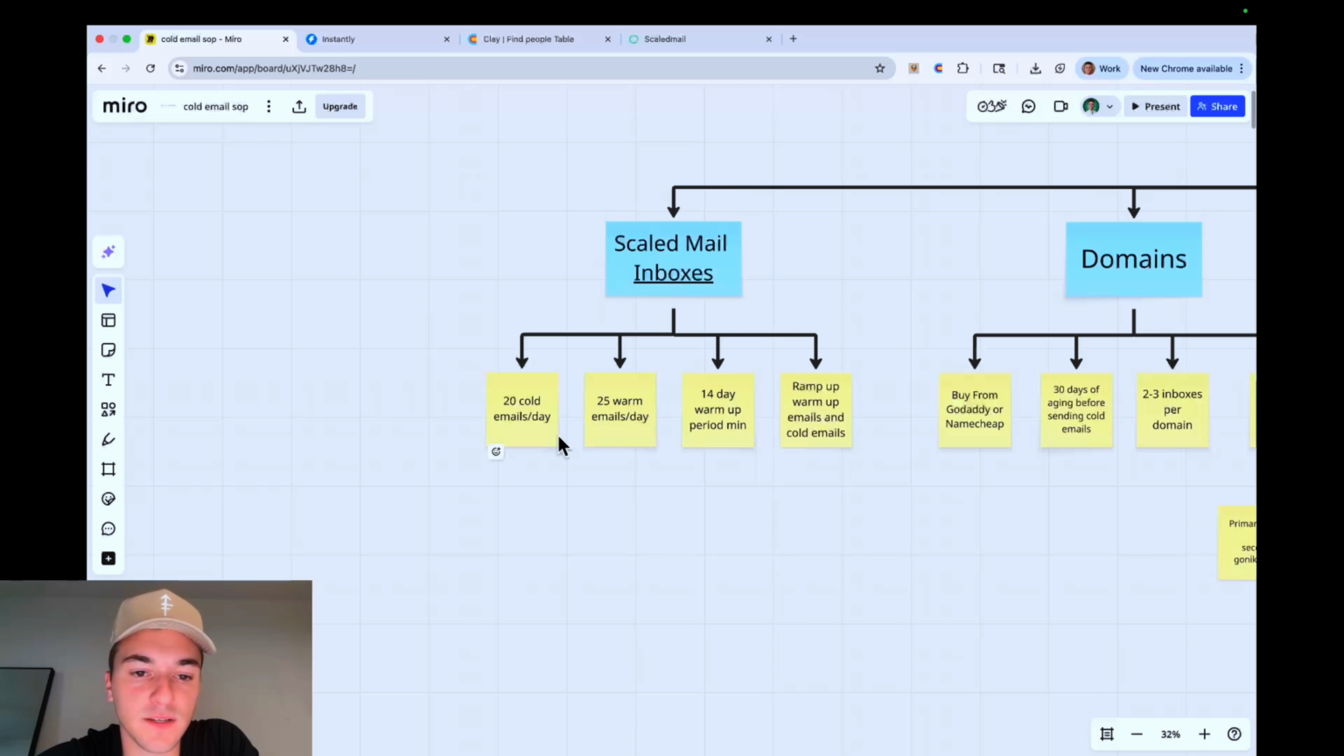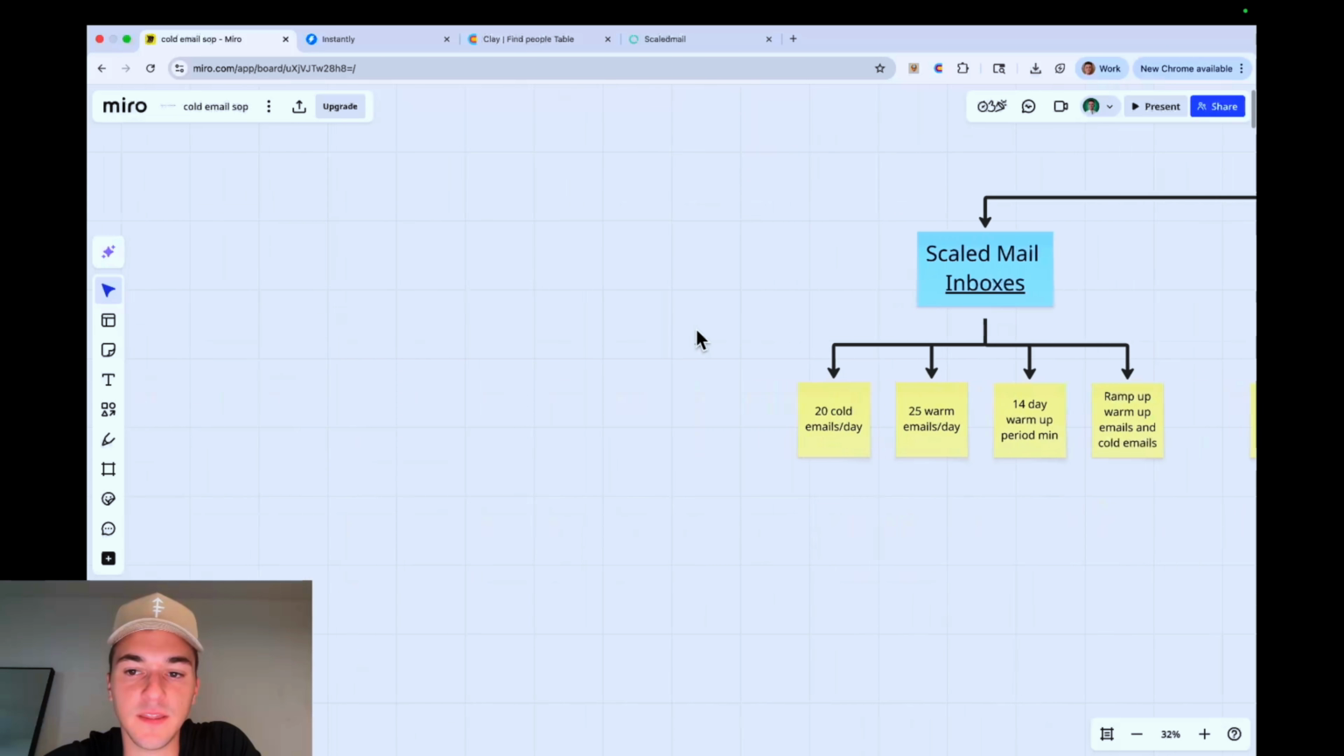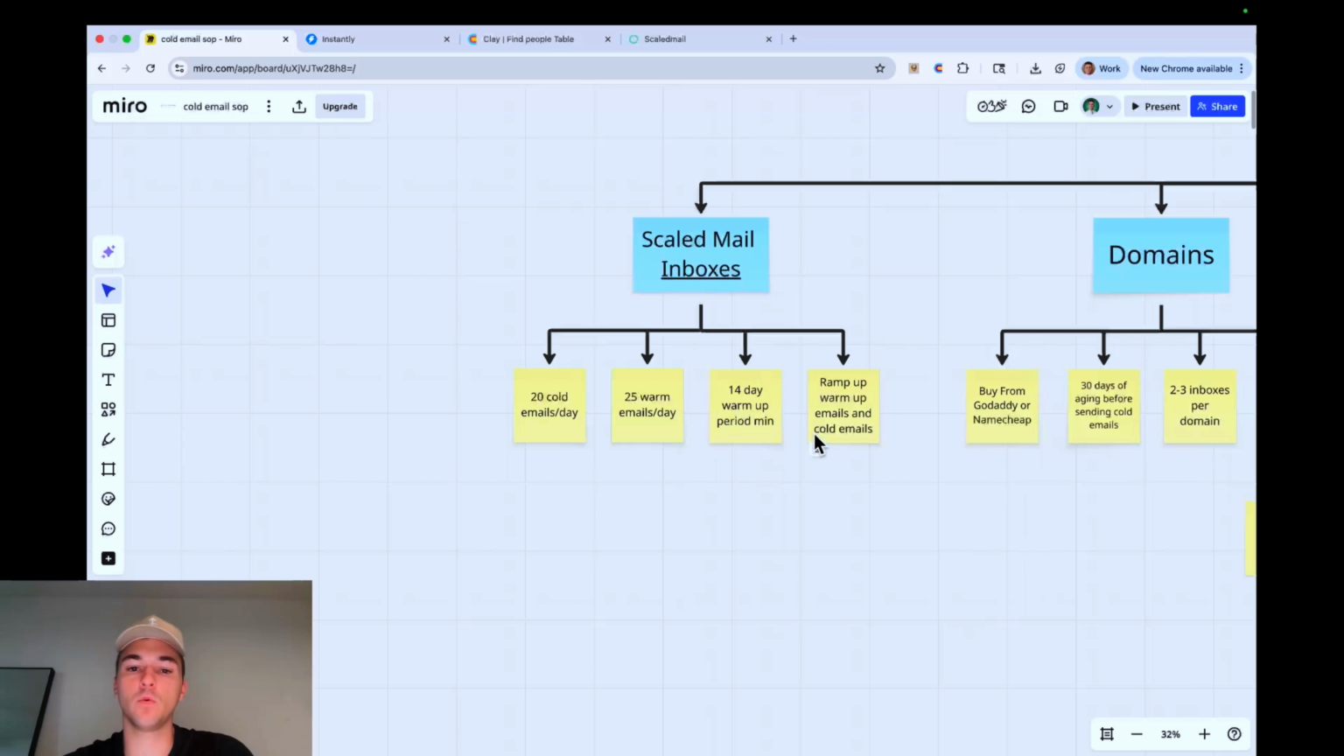So if you have 10 inboxes, you should only be sending 200 cold emails a day across all 10 inboxes, okay? Now you want to send 25 warm emails a day. So what this means is inside of the tool that we'll talk about later, Instantly, they have a warm-up automation where essentially there's other people who also use Instantly, right? And it will send emails back and forth from your account to other Instantly accounts and from their Instantly accounts